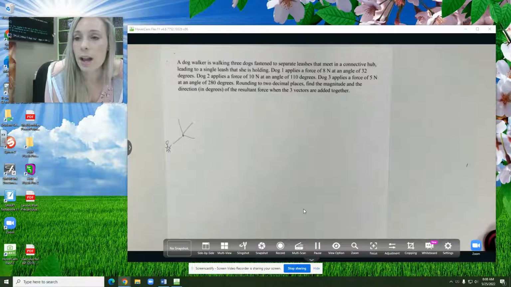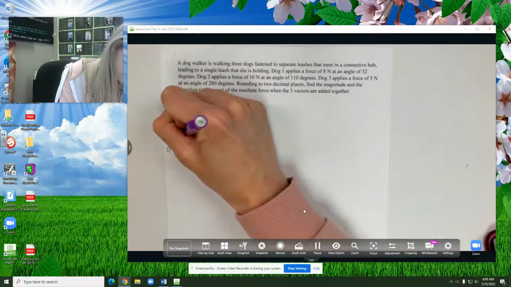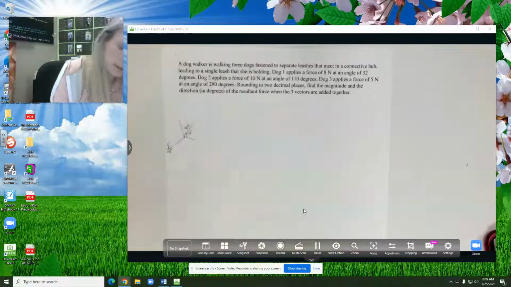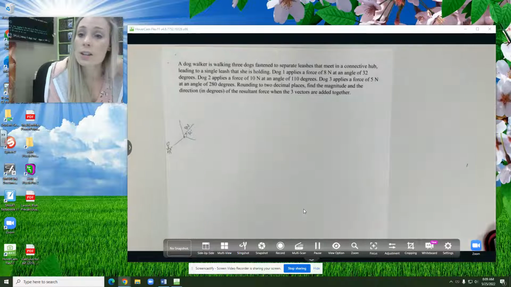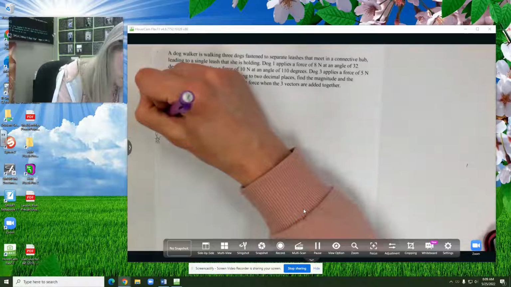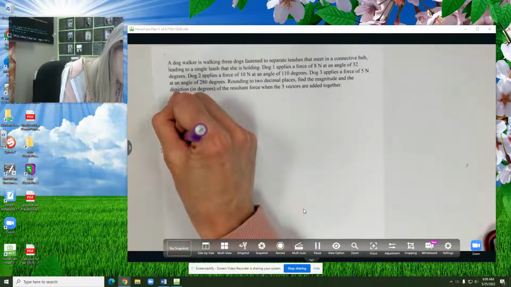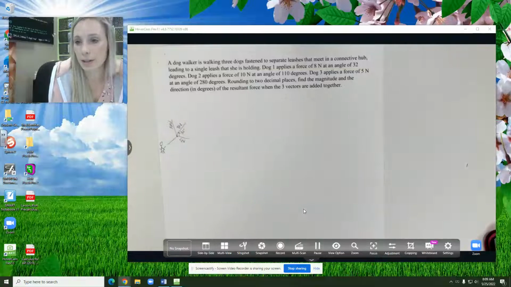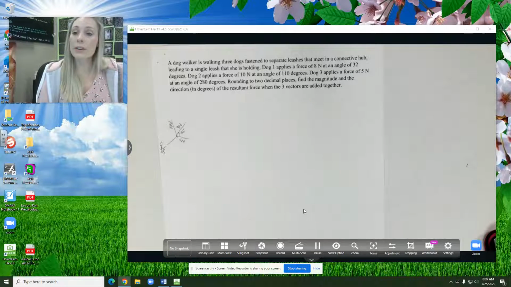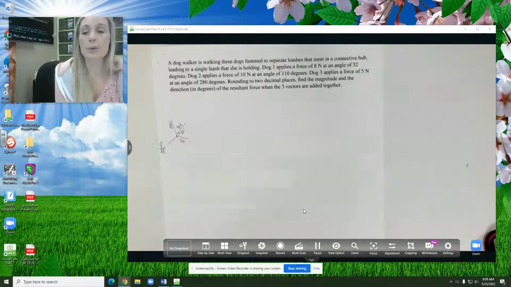Dog 1 applies a force of 8 newtons at 32 degrees. So let's say this is 8 newtons, and the angle here is 32 degrees. Dog 2 applies a force of 10 newtons at an angle of 110 degrees. And dog 3 applies 5 newtons at an angle of 280 degrees. Rounding to 2 decimal places, find the magnitude and direction in degrees of the resultant force when the three vectors